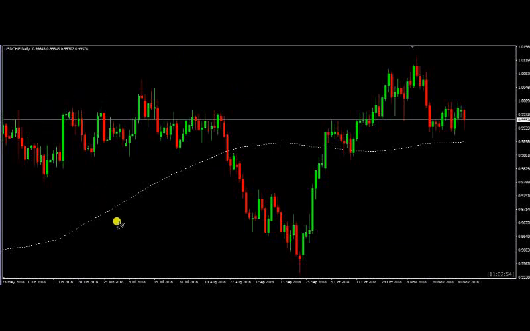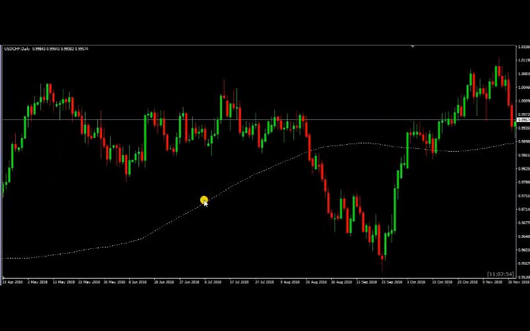So what you're planning to do is to find 3 points on the line. You want to find the middle point, and you want to find a high and a low. So let's just go through this chart. So right now we're looking at